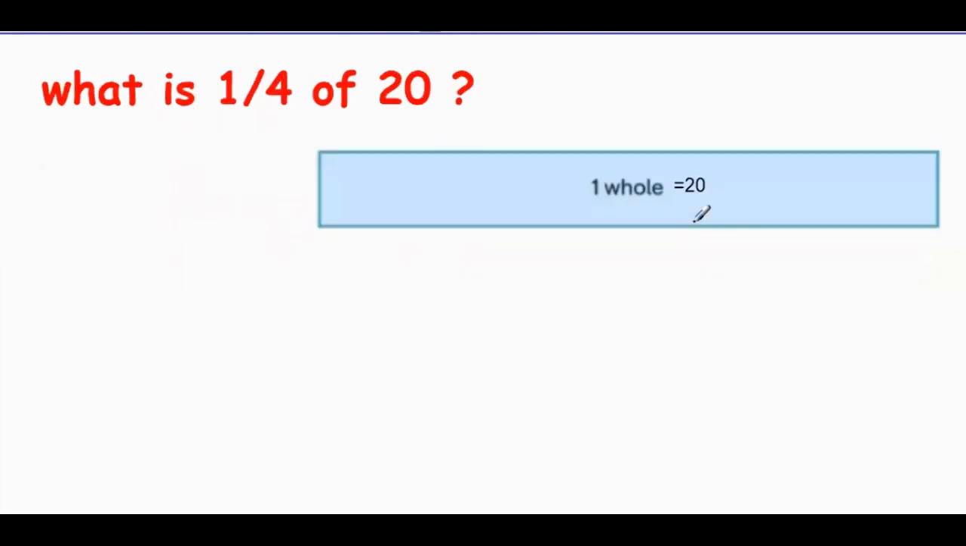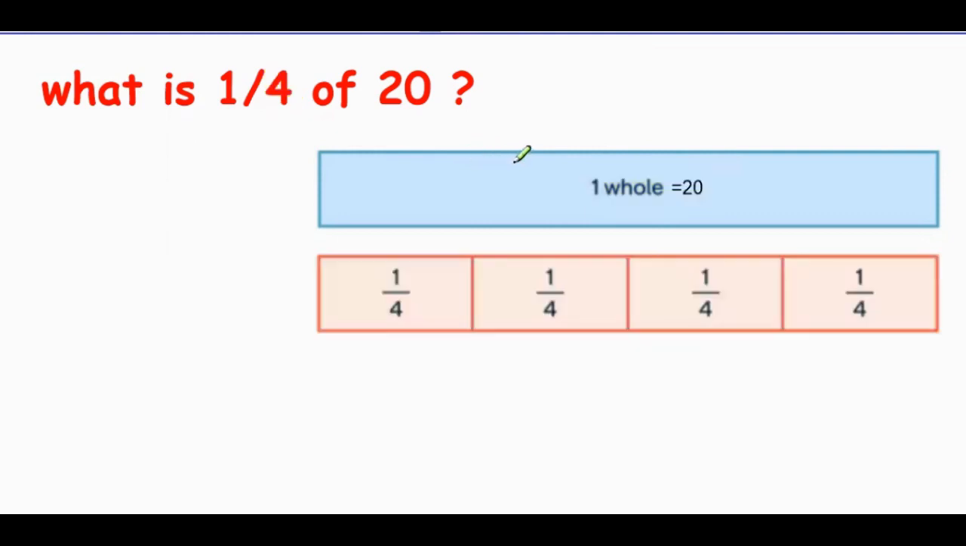Okay, let's take another example. What is 1/4 of 20? Look at the fraction, 1/4, 1 out of 4. So the whole thing is divided into 4 equal parts. The whole is 20, my number. To find 1/4, 1 out of 4, I should break the whole into 4 equal parts. Let's break it into 4 equal parts. Each part is called 1/4 or 1 out of 4, but this is a fraction. I want the value